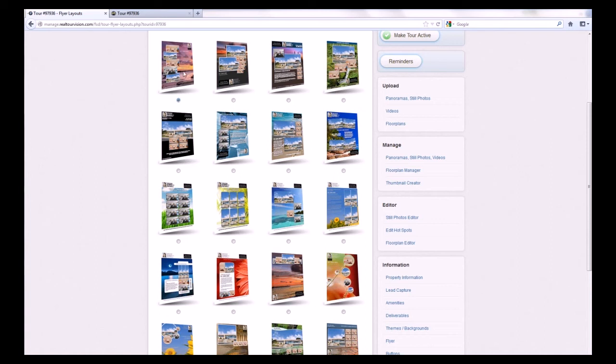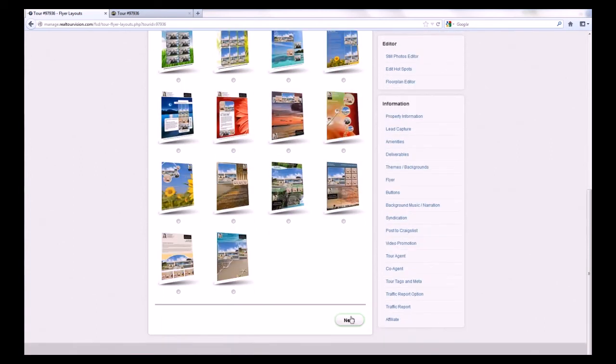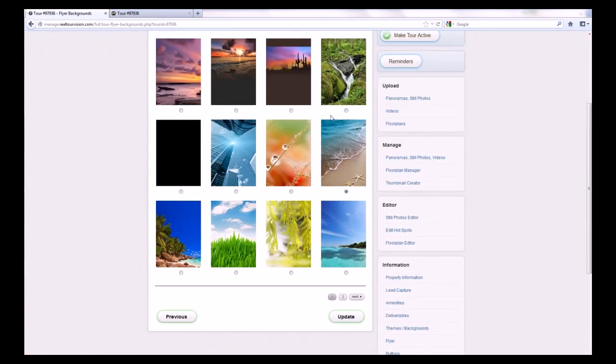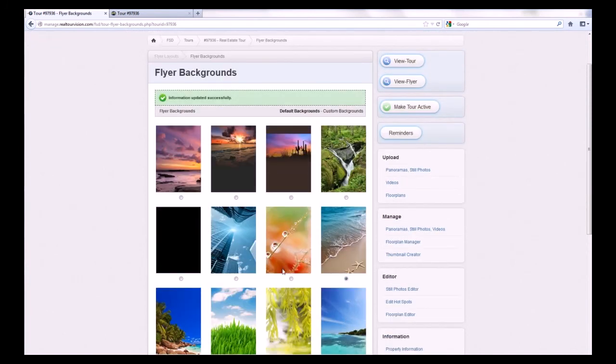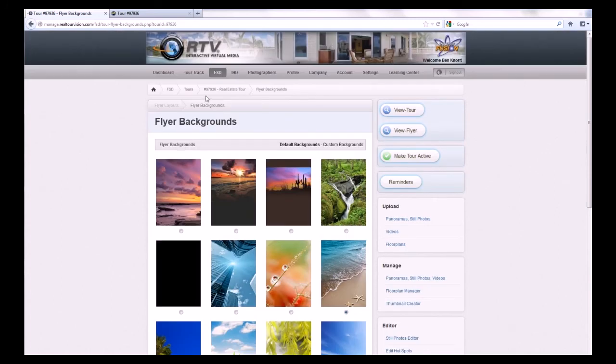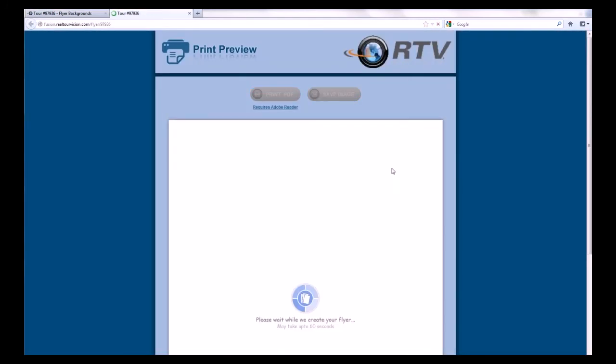I'll go back to this first layout here, and I'm going to click next, and I'm going to still use the same background image, really like that one, so I'm going to click update, and my information's been updated successfully. And now I'm going to go to my flyer page. I'm going to refresh this page real quick and let that build my new flyer with my new template. And then let's take a look and see what happens with the new template and how